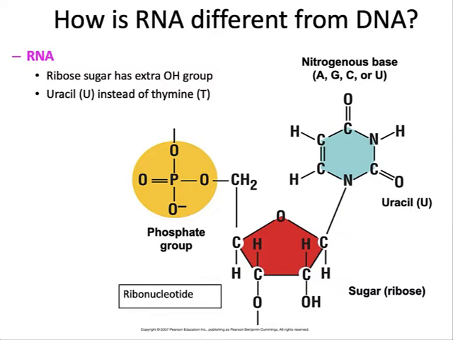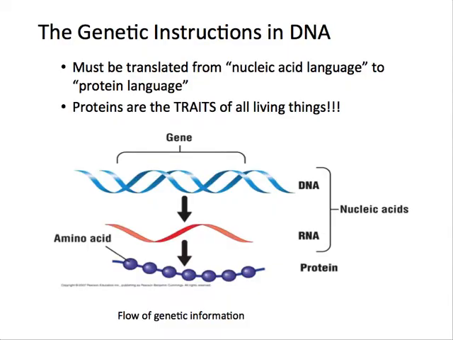RNA is different. It has a different type of sugar, and it has a different OH group. And again, I mentioned it has a different nitrogenous base as well. It has uracil instead of thymine. And this is very important when we consider how DNA and RNA work together. It's all about